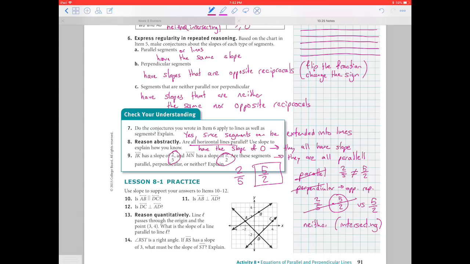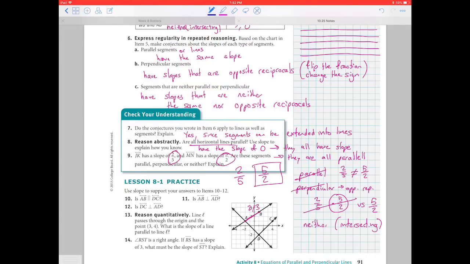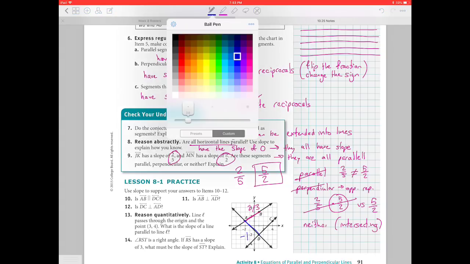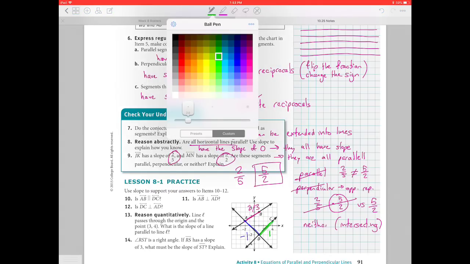So if we look at the 8-1 practice real quick, we did this for our do now yesterday. We found that the slope for AB we said was 2/3. The slope for AD was -1. And the slope for DC was +1. So now if we look at what the book is asking,